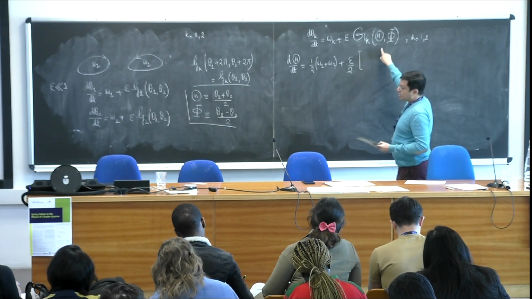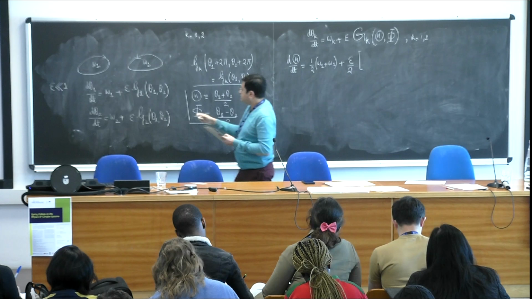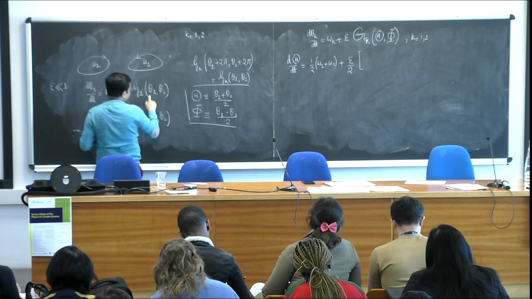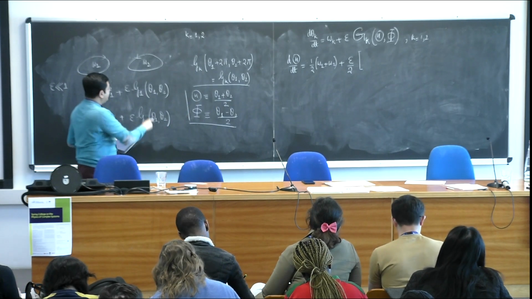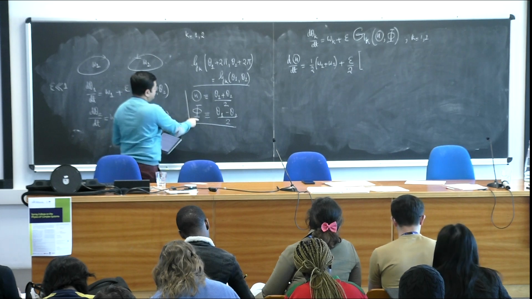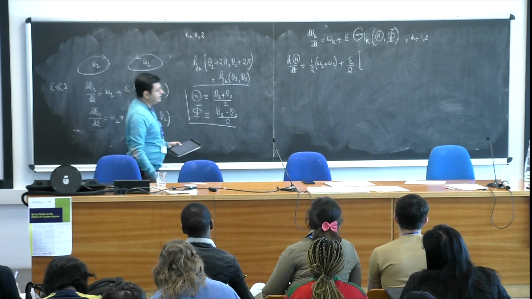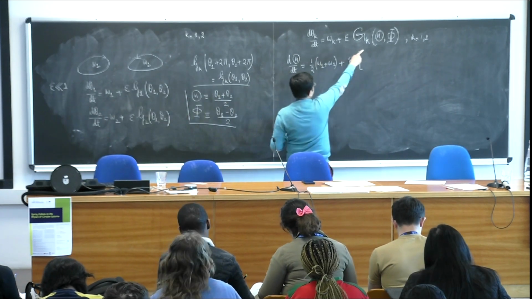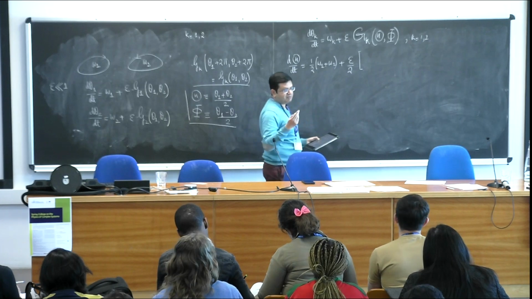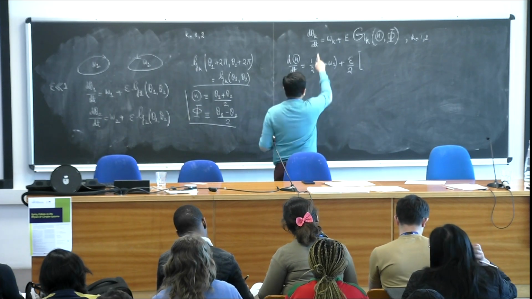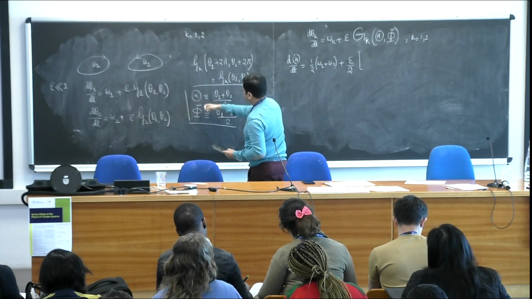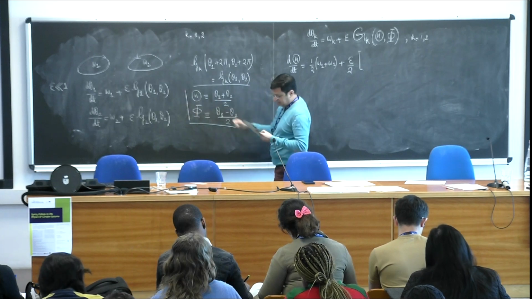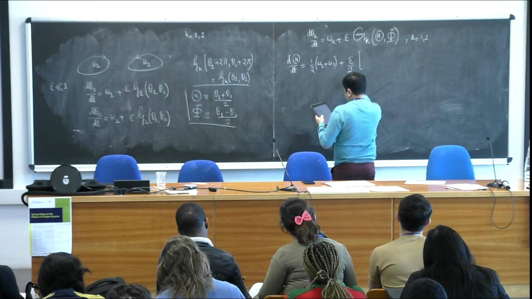Is this clear? What I did was that these functions depend on theta 1 and theta 2, but I replace theta 1 and theta 2 with these new quantities, theta and phi, and if I do so, my equation of motion looks like this. There are 2 such equations. Now using that, let me write down an evolution equation for this capital theta and capital phi. So the first one will be